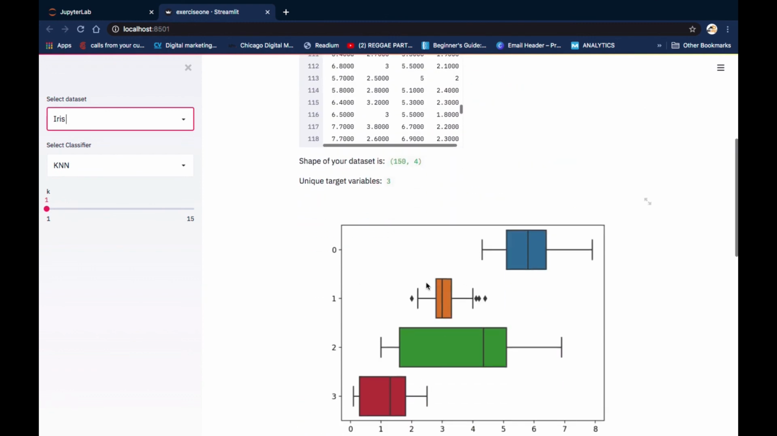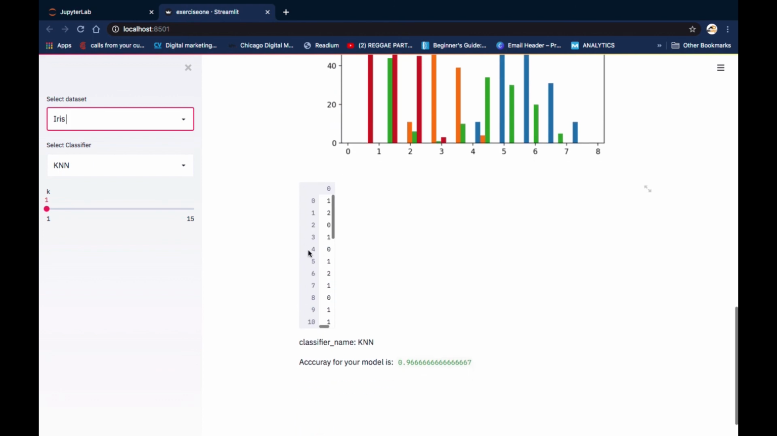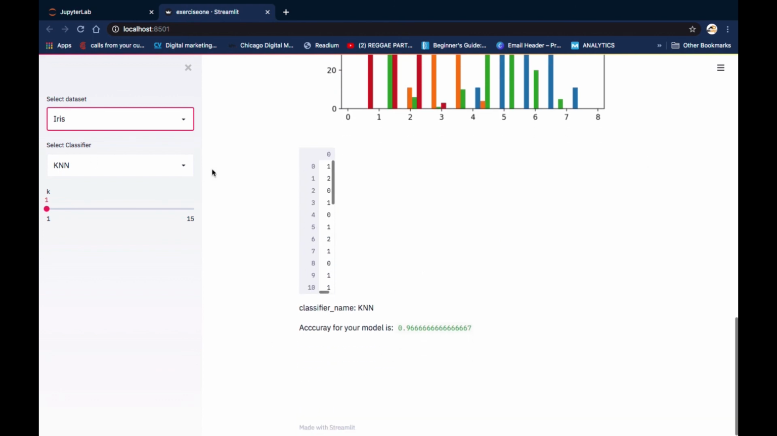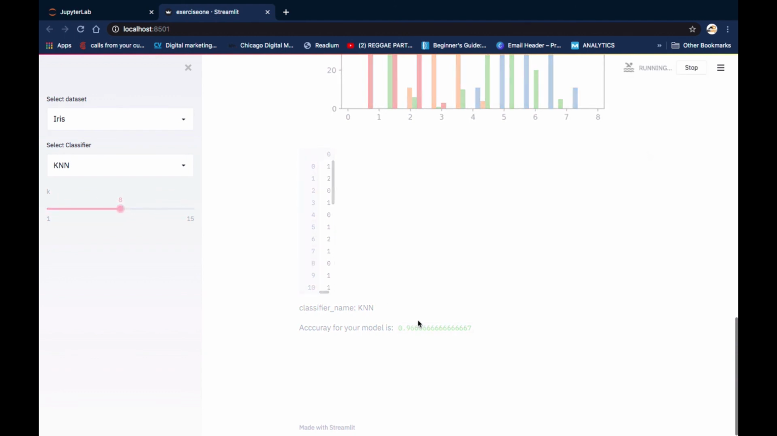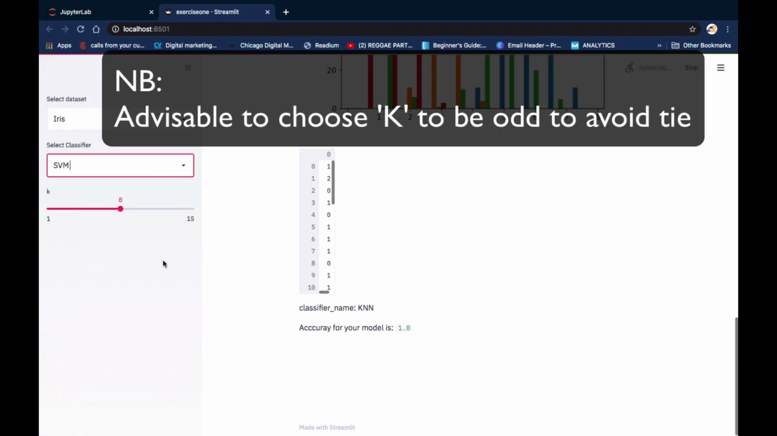You see that we have our box plot here, we have our histogram, we have the predictions, we have the accuracies, right? So over here we can tune the hyperparameter. Instead of k equals 1, we can choose maybe k equals 8 and then see how well this accuracy is. Now it's actually doing 100%, right? Now if we use a different algorithm, the support vector machine,